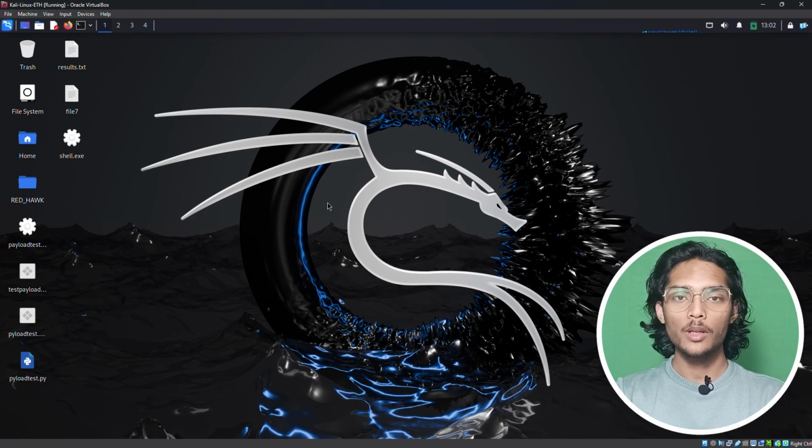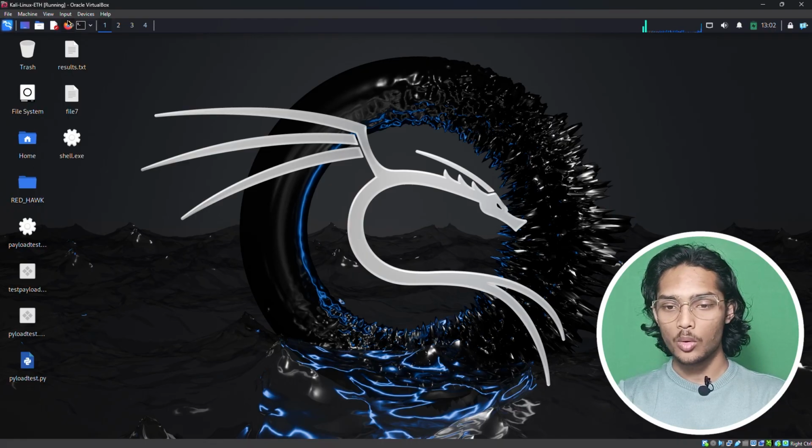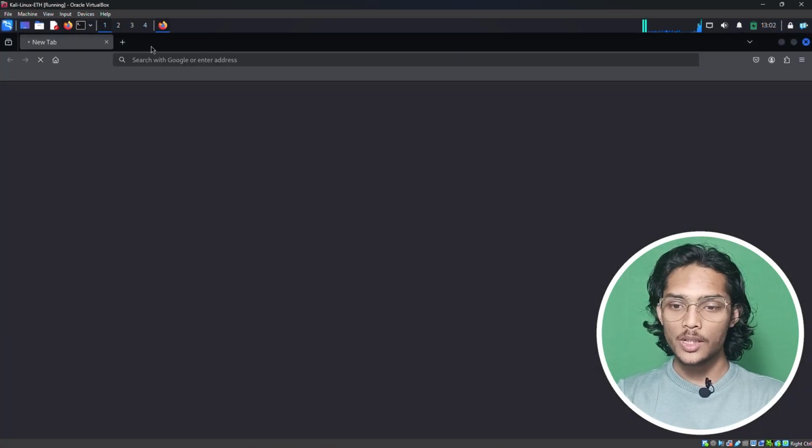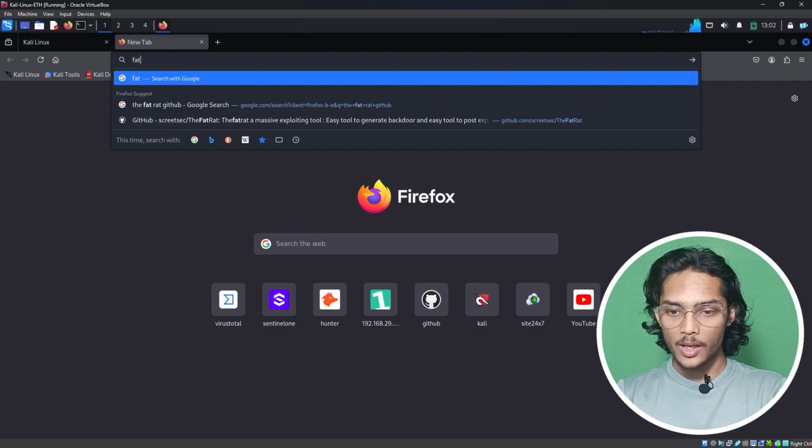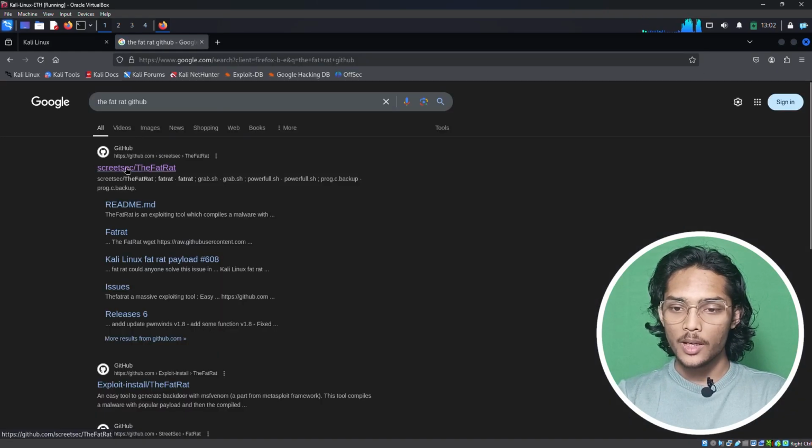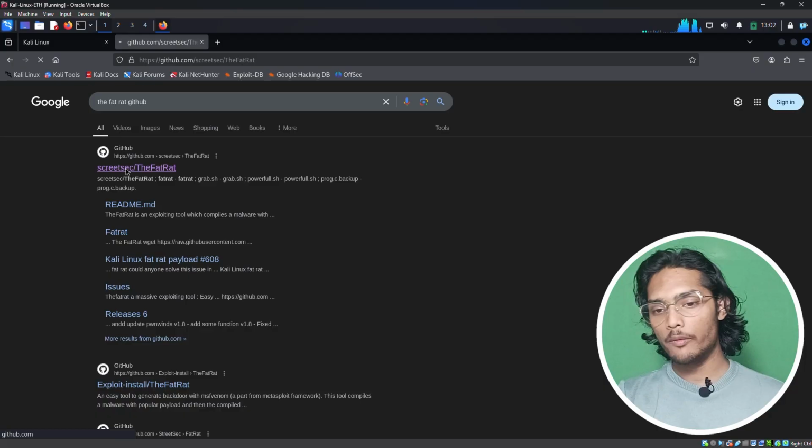Welcome back everyone, and in this lecture we are going to use a tool named FATRAT for the similar purposes of gaining access over our victim's computer system. And to install this FATRAT tool, you just have to head to Firefox, and let's just open the Firefox browser here and we will type FATRAT GitHub, and once we get this result, just click on the first link, and